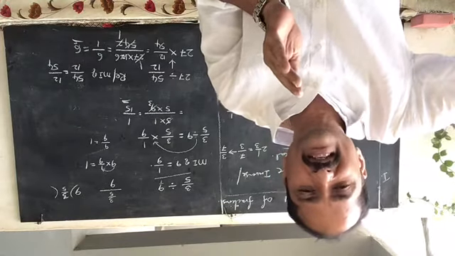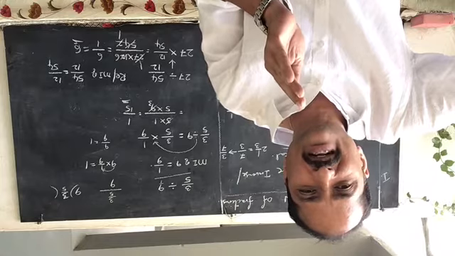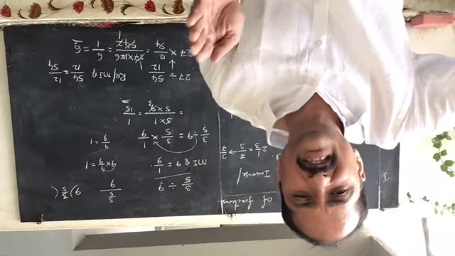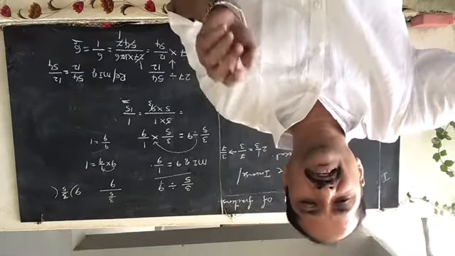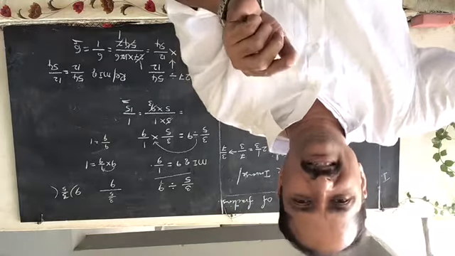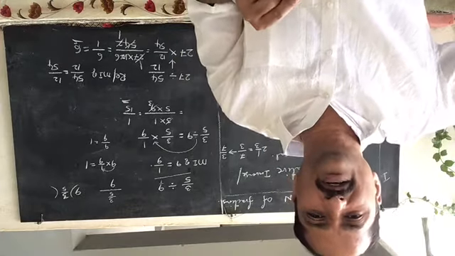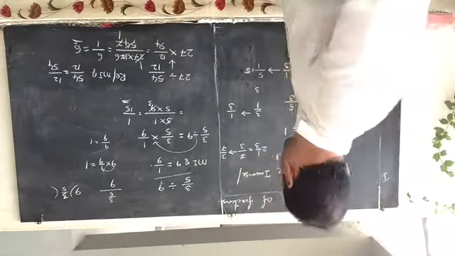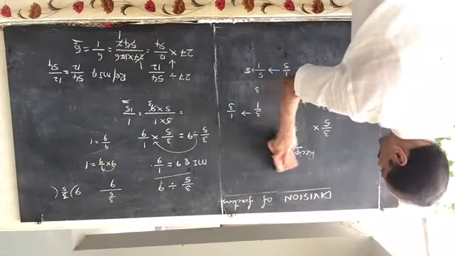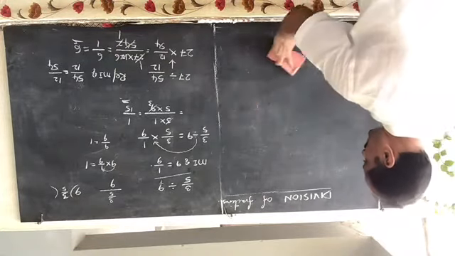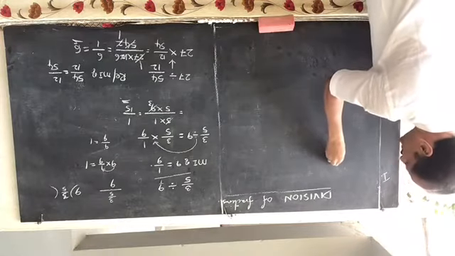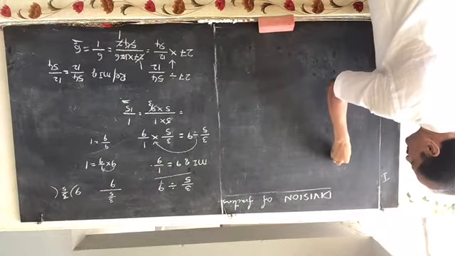So we should write down the reciprocal of the divisor. Whenever you write the reciprocal of the divisor, immediately you should change the division symbol into multiplication. Changing the division symbol into the multiplication symbol is known as converting into the reciprocal. Now we can take another fraction. Now the third one is division of a fraction by another fraction.